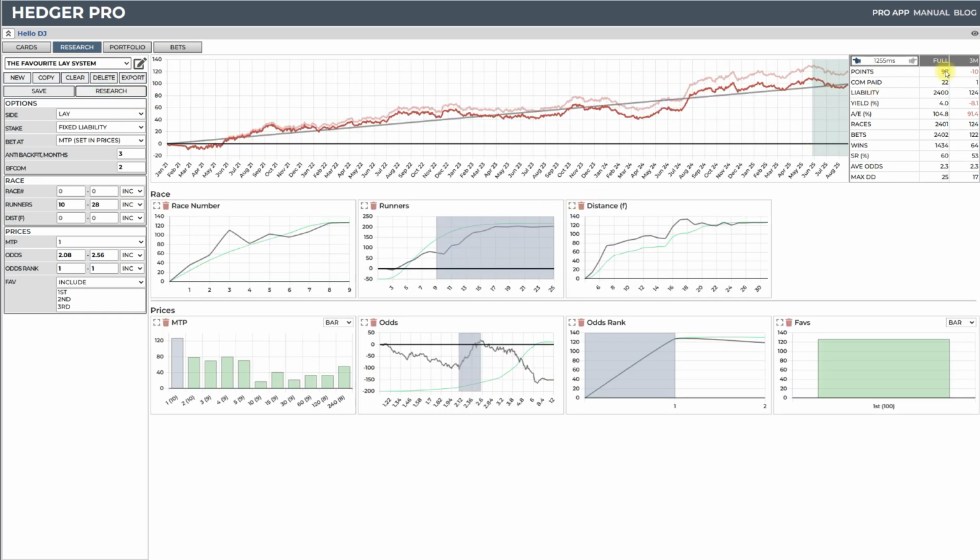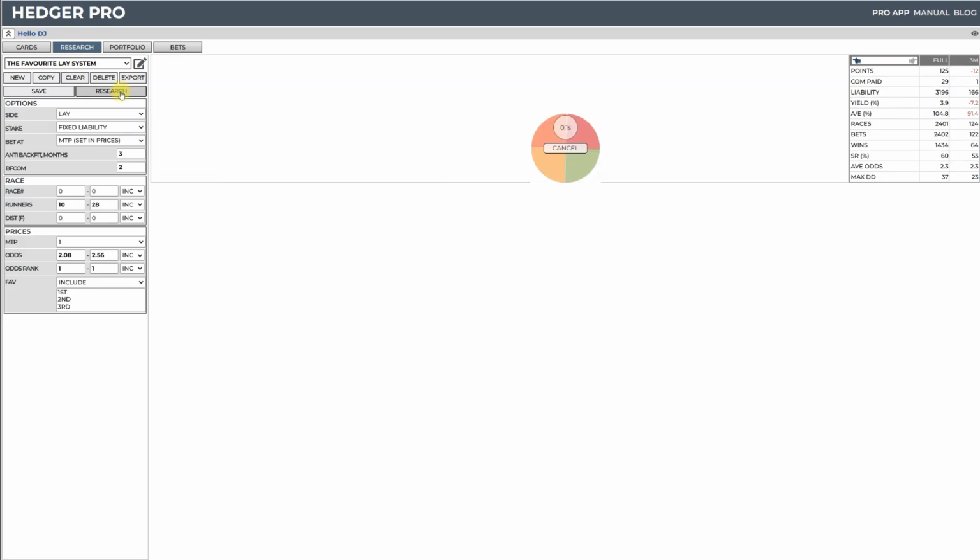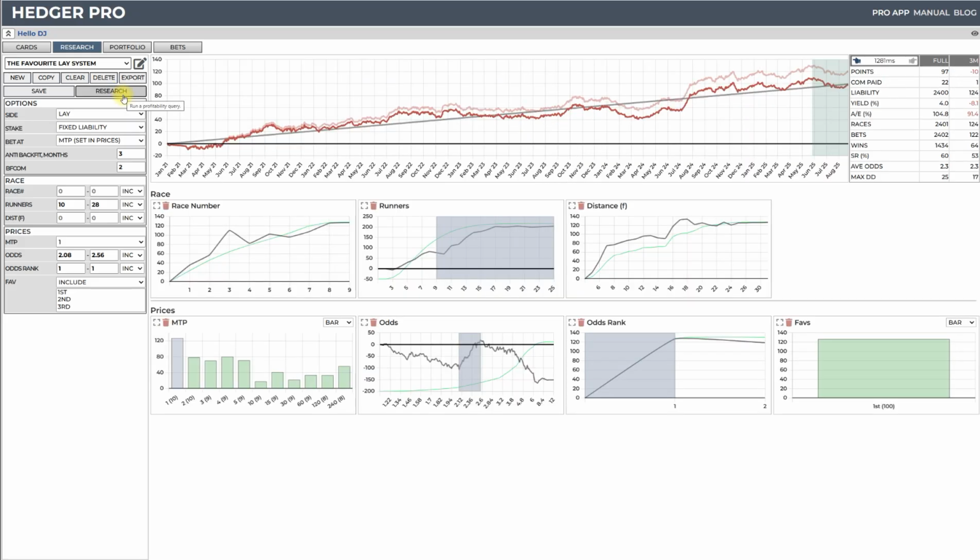Okay. Right, so overall, we have some profit. It's not going to be a huge amount of profit, but it's a profit. We could put this at fixed profit and see how this looks. It looks a bit better financially, a bit more appealing. But the issue with that is you can't scale it up with BSP, because BSP bets are always fixed liability. So let's put it back onto fixed liability and have a look at this and see where we could potentially